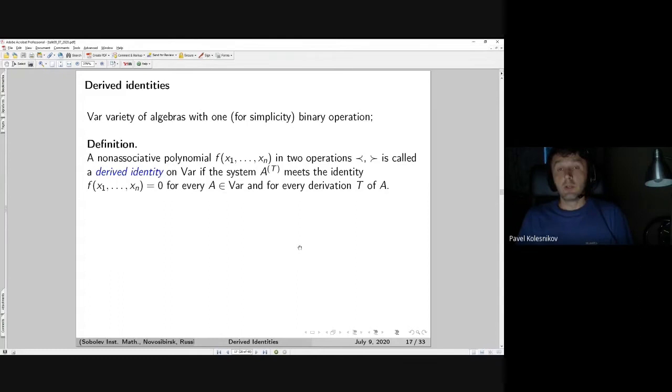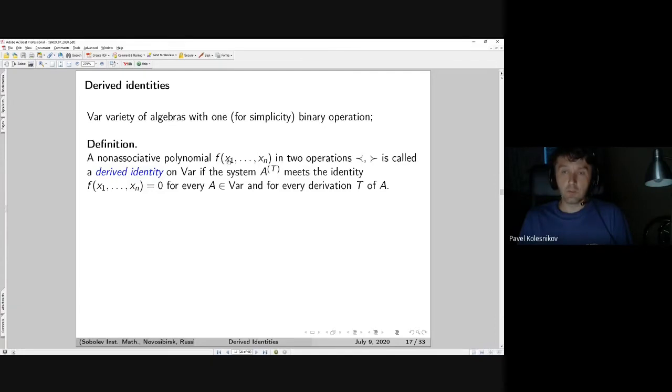Let me formally state a definition of a derived identity; however, it's more or less clear. Suppose we consider a variety of algebras with only one operation, just for simplicity, but it is essential that the operation is binary. A non-associative polynomial, a polynomial in two operations, left and right. So this is a linear combination of formal terms